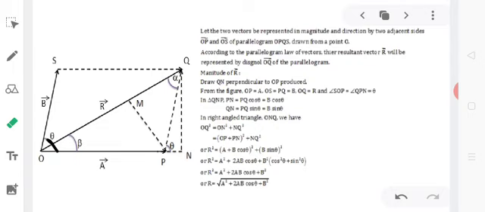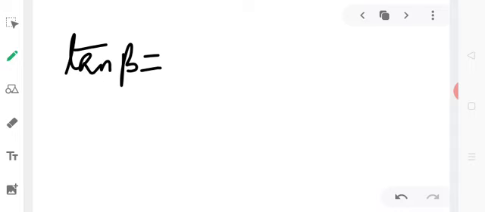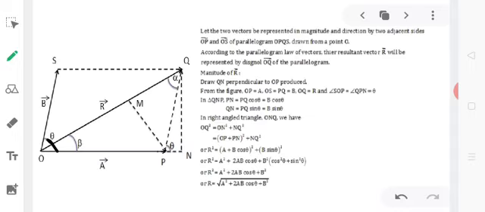Obviously, by substituting the values and following a similar method as we did in the previous case, we can obtain the magnitude of R to be equal to root over A square plus 2AB cos theta plus B square. Now the calculation part we will find is exactly the same one as we did for the previous case, and obviously in a similar manner we can write down the magnitude for the direction, that is tan of beta, which will give the direction of the resultant R.